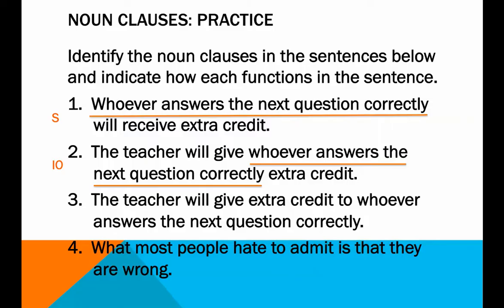Number 3, the teacher will give extra credit to whoever answers the next question correctly. Same noun clause. What's it doing in the sentence? Teacher is the subject. What's being given? Extra credit is the direct object. It's no longer in the indirect object's sentence slot, though. It's moved. In fact, it's moved to behind a preposition, which is a clear indicator that it's functioning as the